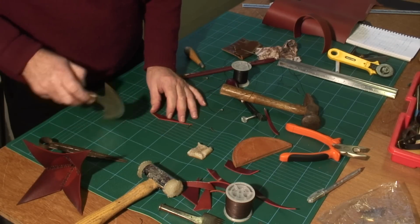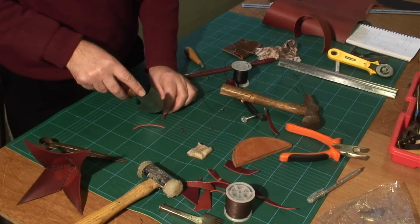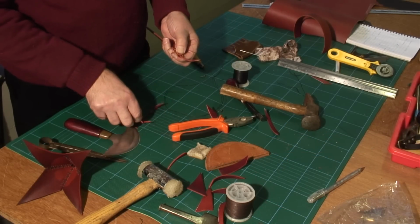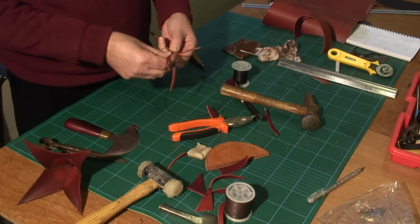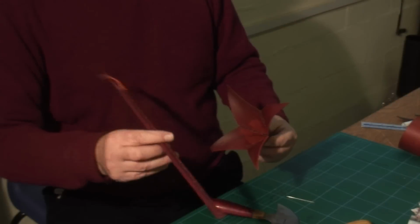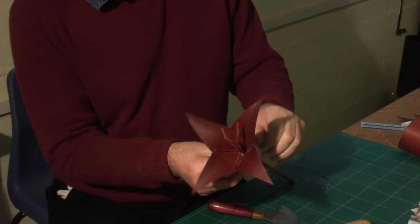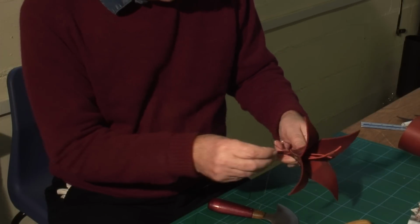I said we'll save these offcuts. They're going to fit into the end of our stem like this, and again I shall sew those into place, and they will be the stamens. So having sewn the stem, you poke it through the middle of our flower, like so, and we can then use